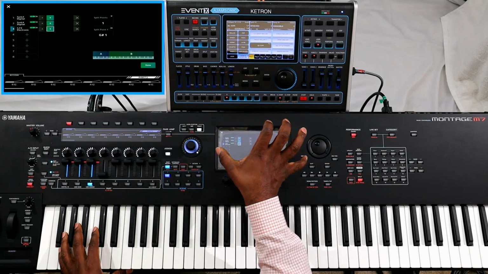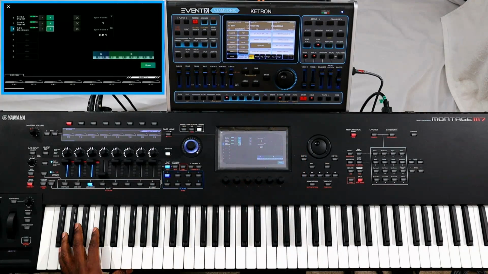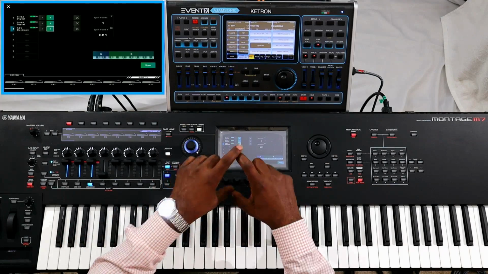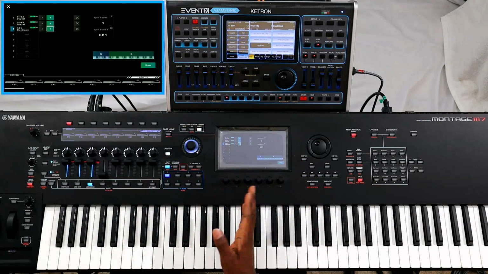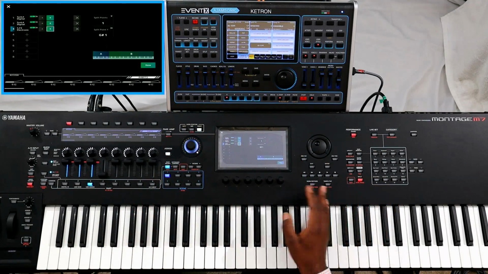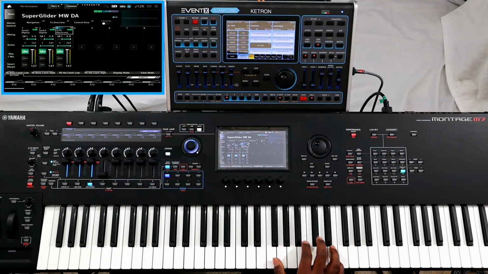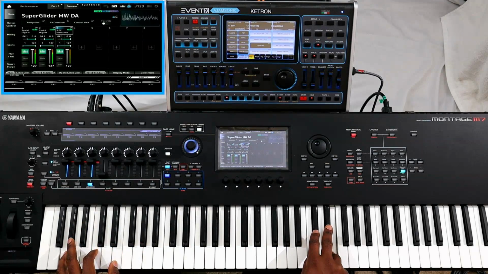So for the first element, the second element, and the third element, or the first, second, and third voices in this particular selection, I want all 3 of them to have the same split point over there. So now I'm done, okay? So now, if I do this, and if I play here,